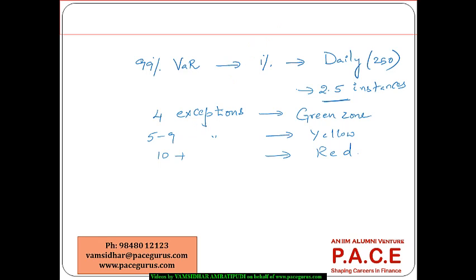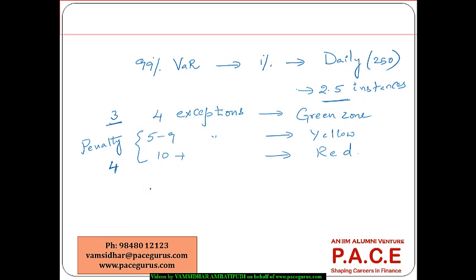So the moment it goes into the yellow or the red, the penalty starts kicking in. The penalty is in terms of the multiplication factor. Here, let's say the multiplication factor is 3 and it goes up to 4